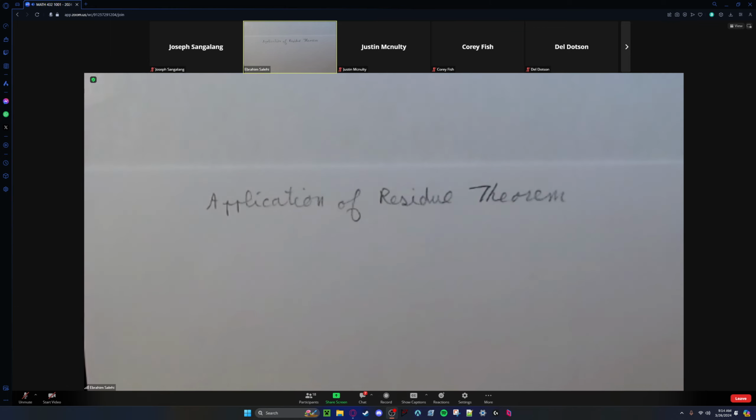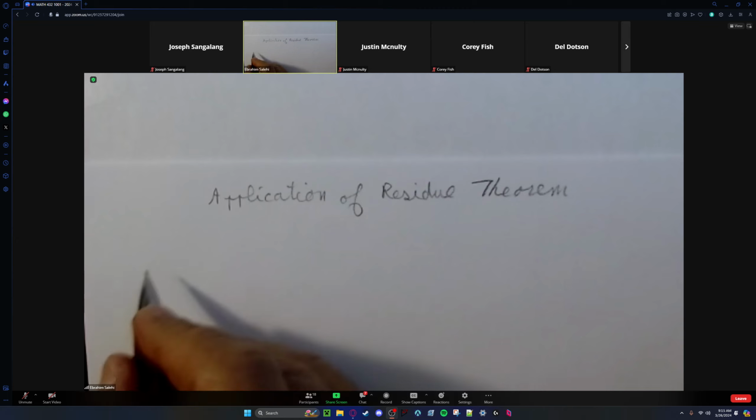And that is when you are dealing with the integral in calculus 2. In calculus 2, there were a lot of integrals that we couldn't compute. We couldn't find the value. For example,